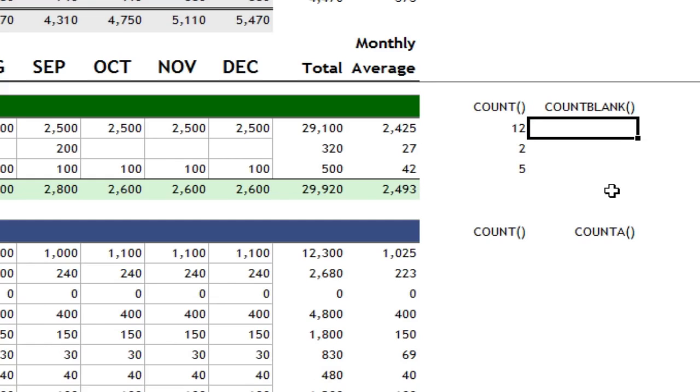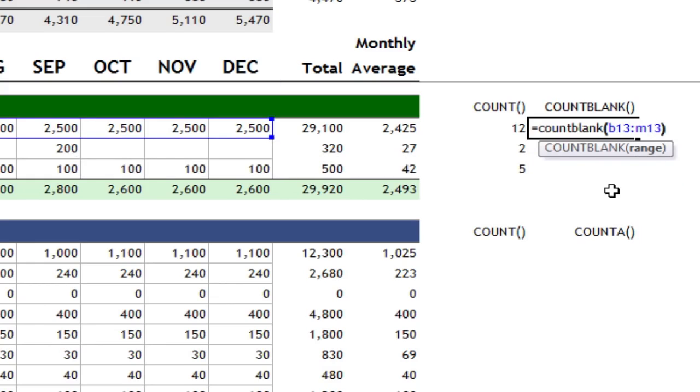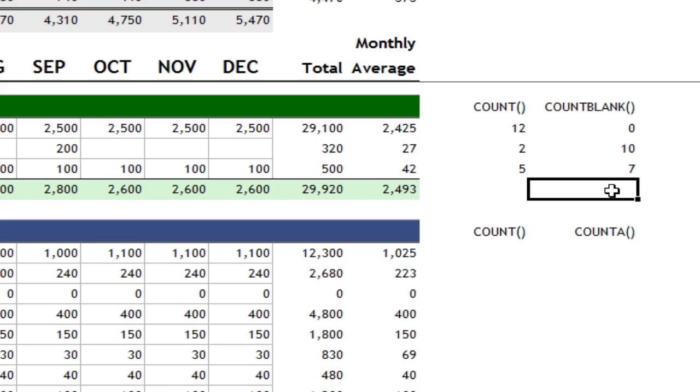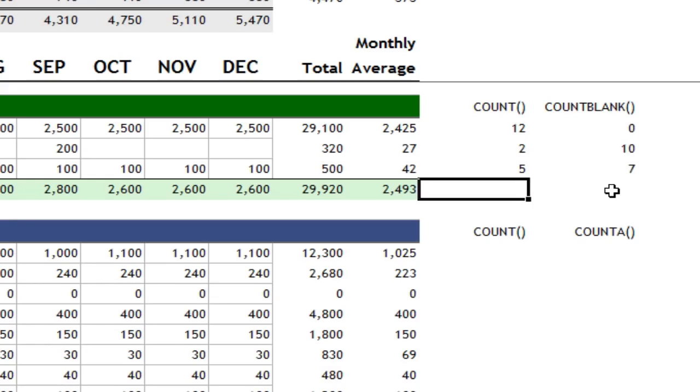Just to show you what the COUNTBLANK function does, which I mentioned earlier, COUNTBLANK counts the number of blank cells. So in this case, if I go equals COUNTBLANK, open bracket, B13 to M13, close bracket, it should come up with 0. And I'll copy that down with Control D. Control D copies down from the cell above. So you'll see